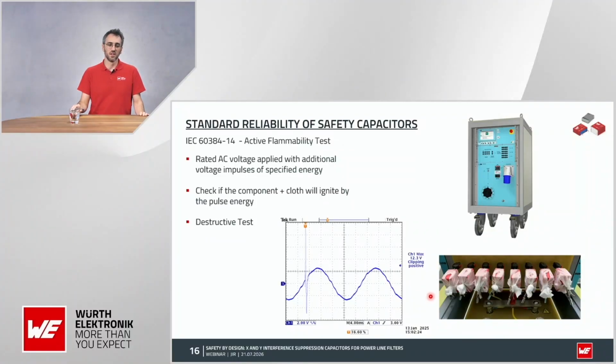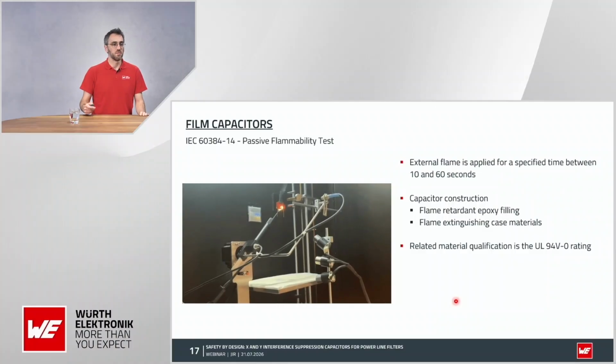It's a very thin fabric, similar to cheesecloth, and we check that the capacitors are not catching fire, or the cloth. Now, why do we call this active flammability test? Because there is also a passive flammability test. It's another requirement,